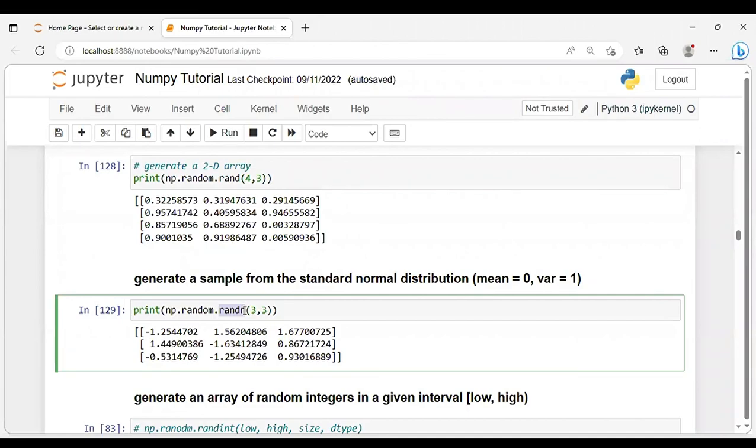Could we explain again? The mean 0, variance 1. When we have a mean equal to 0 and variance equal to 1, then our data is in normal distribution. That follows the Gaussian distribution, which will have a bell-shaped curve. So if we talk about the linear regression model in machine learning, it always expects our data in